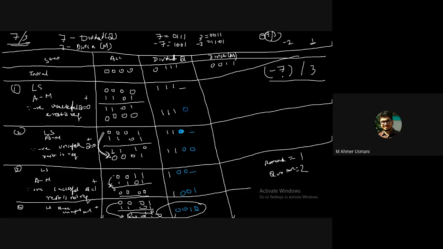If just in case by mistake someone has put it in, you just leave the sign aside, solve for this as a positive number, get it done, and after that make the quotient negative and the remainder positive, okay? So the quotient will become negative: 7 divided by 3 gives -2 and you'll get a remainder which is 1. Is that clear? Is it clear? Yes, sir. So that is the restoration method.